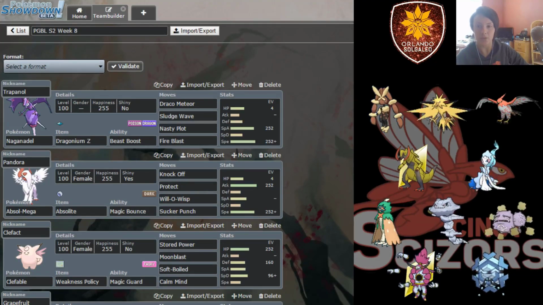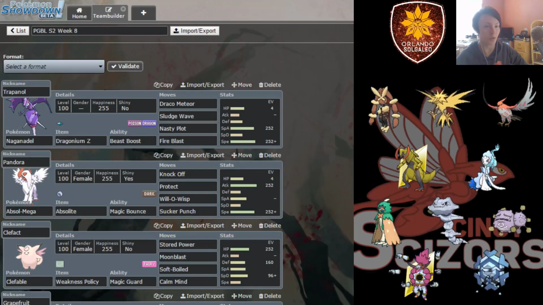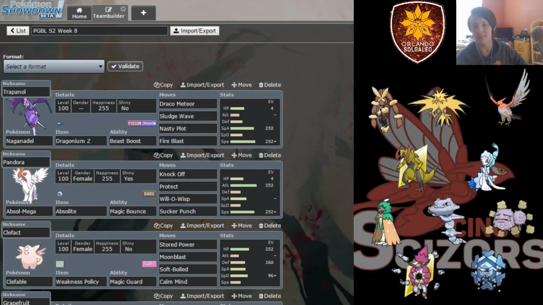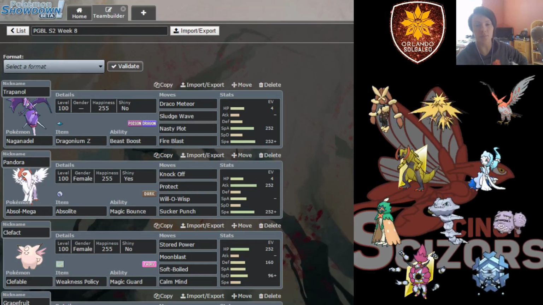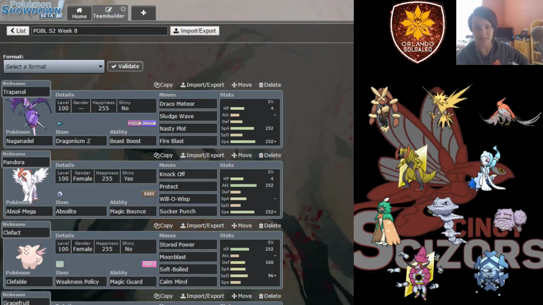Primarina and Zapdos are gonna be annoying walls. Weezing could potentially be an annoyance just because I don't have any STAB Psychic attacks that I'm bringing, but I'm hoping I have enough special attackers that Weezing isn't too big of an issue. Hoopa could potentially be a big threat, but out of all of the major threats that I see on this team,